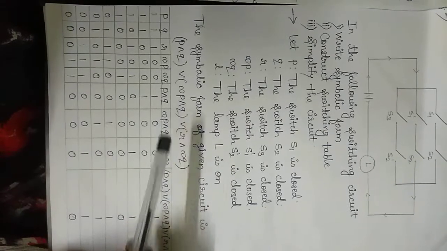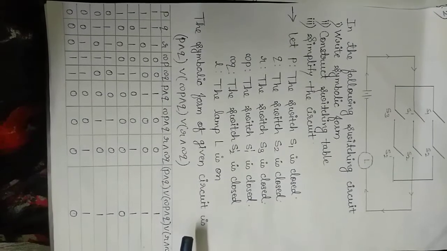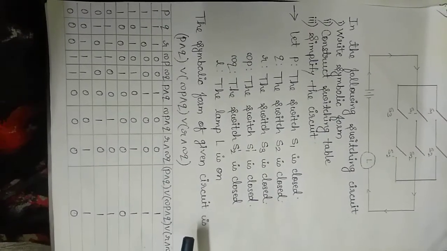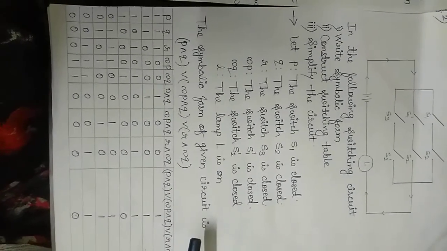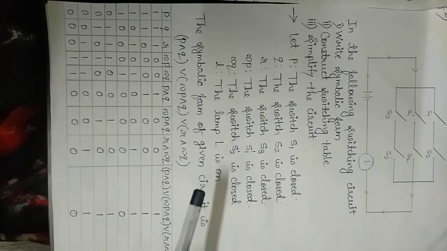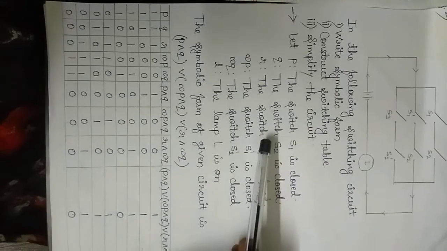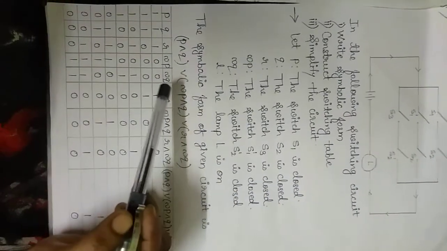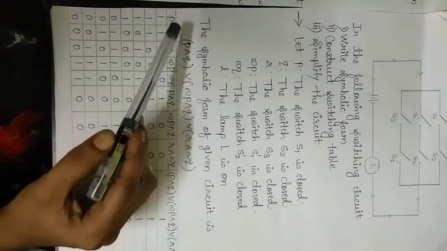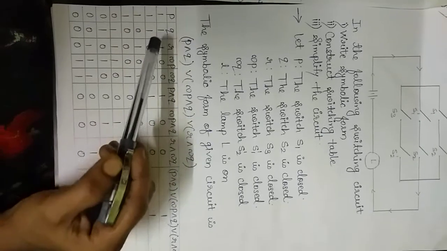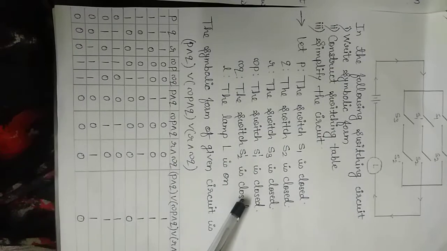Now already we learn how to construct the input output table, that is switching table, when only 2 switches are given. So in that case we consider P and Q. But here since 3 switches are given, S1, S2 and S3, and as we are considering 3 statements P, Q and R, we will consider 8 possibilities for input output table. So first column will be P, then Q, then R, just like when we construct the truth table.